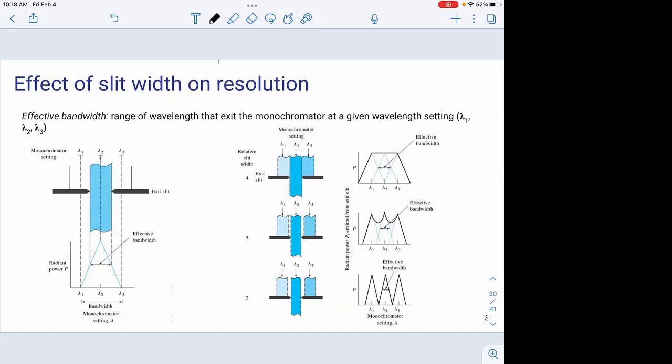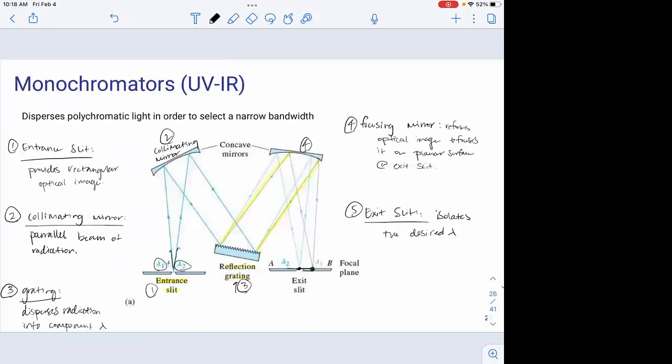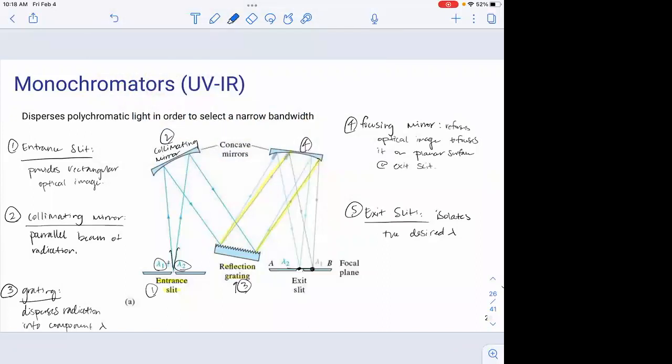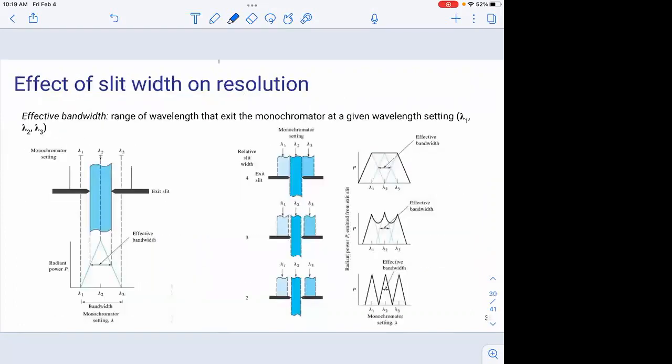Remember that in the example that we gave of this monochromator, we had dichromatic light, 2 wavelengths of light. If we wanted to separate them from one another, so that I have a single optical image of that wavelength here and a single optical image of that wavelength here at the exit, I want those two things to be separate enough so that I can distinguish them from one another, because of course detectors don't,